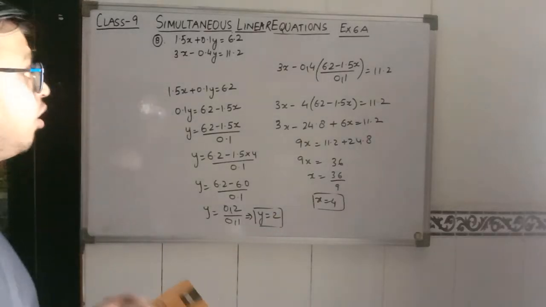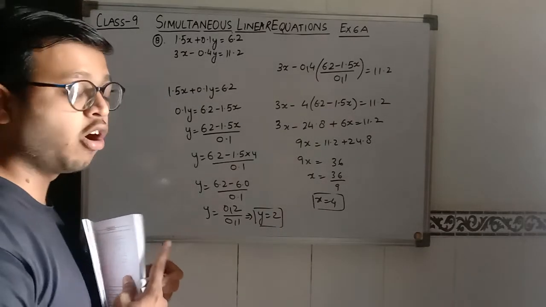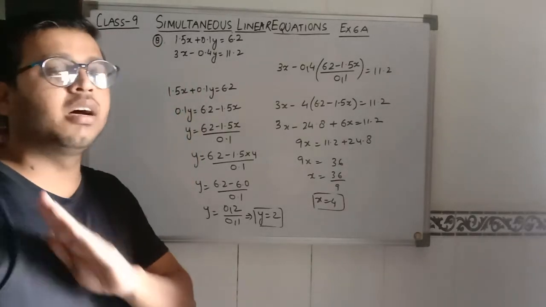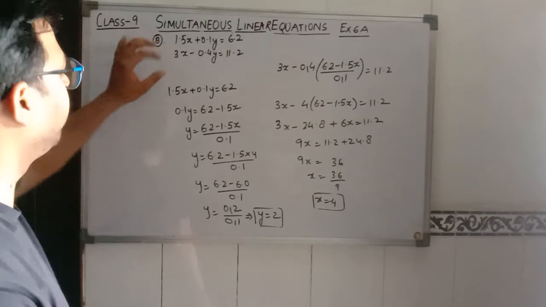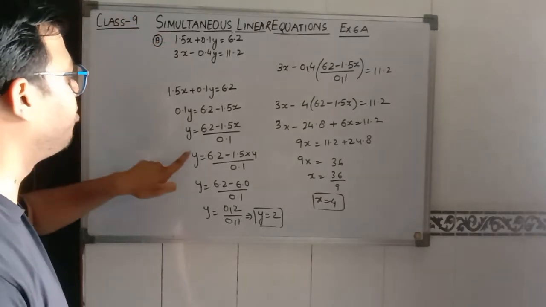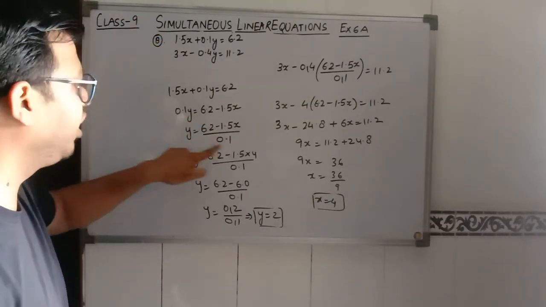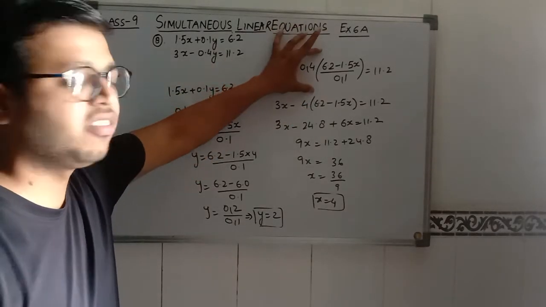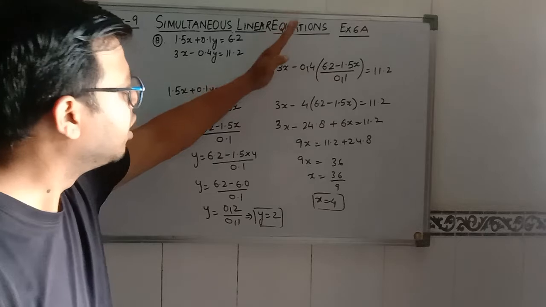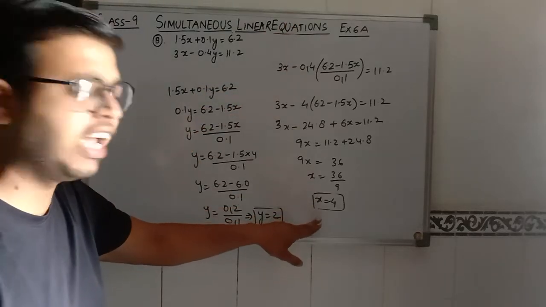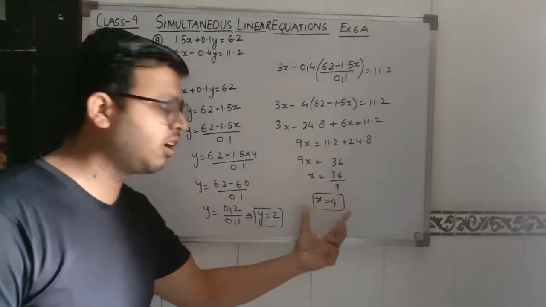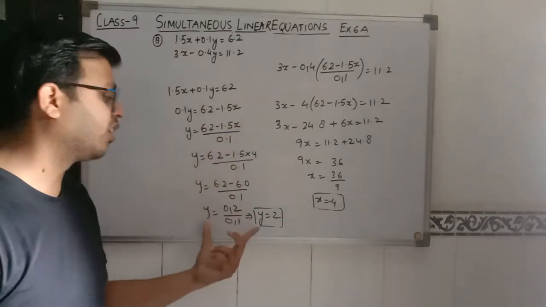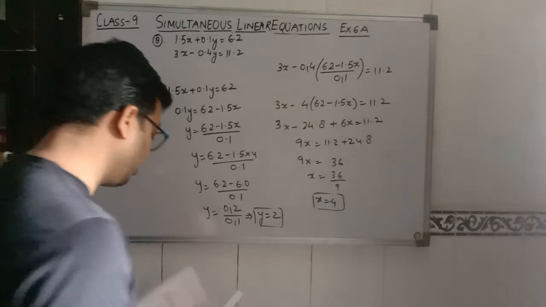So in this question we have observed that the question is only in the form of decimals, but the method is the same. Again, from the first equation we make y the subject, and as we got the value of y, we just place it in the second equation. After placing the value of y in the second equation, the whole equation becomes in the form of x. Finally the value of x will come, and when we substitute this value of x in the subject, then we get the value of y. So this is question number 8.